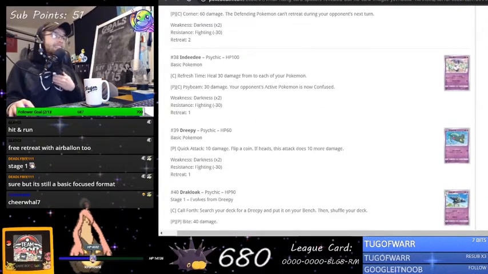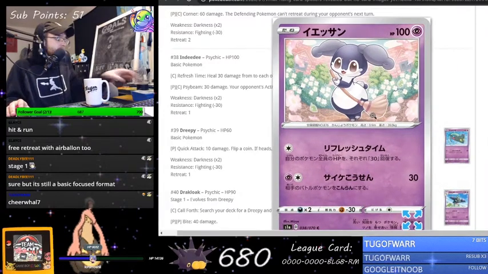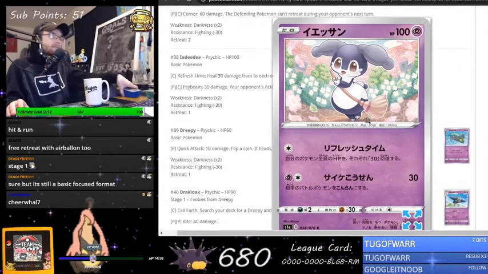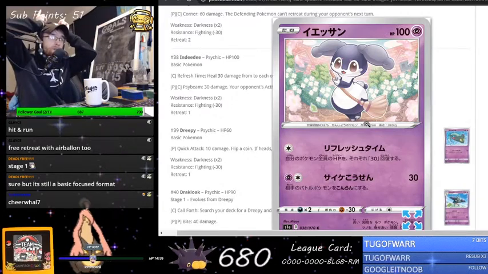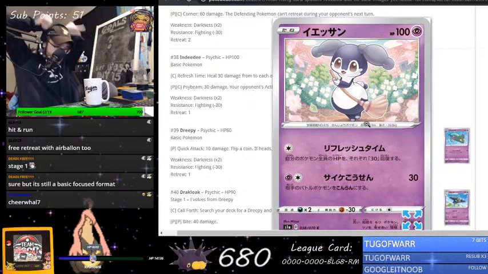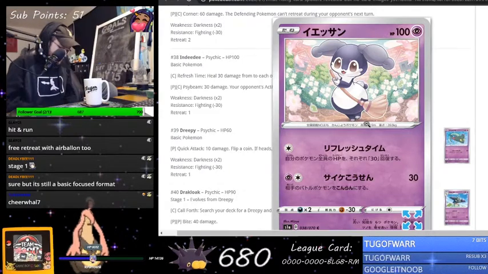Anyways. Indeedee, a basic Pokemon. This is the male Indeedee. No, this is female Indeedee, right? This is female Indeedee, because the male Indeedee's horns or whatever that is going up. The female's is going down. That's right. Wait, does that mean...